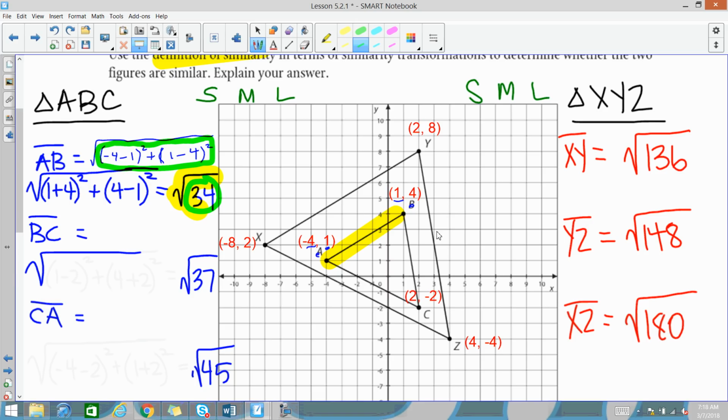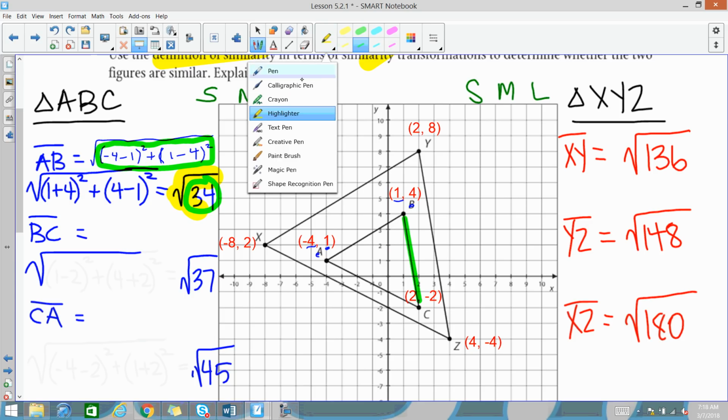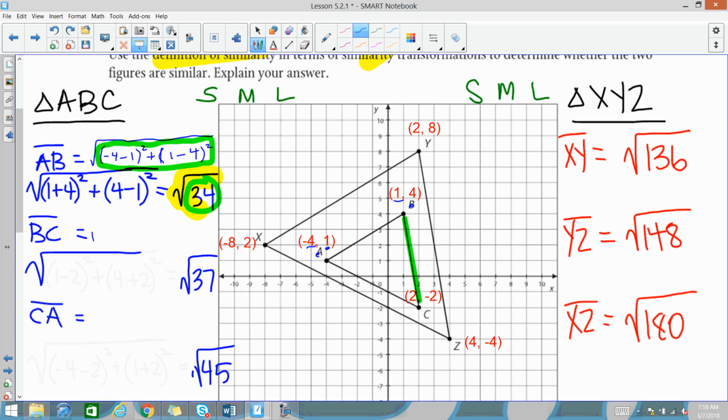So, let's do BC, and then I'm going to let you try to see if you can calculate the rest of these, all right? So BC is right here. Again, we're going to start with a big square root, and we're going to take our x's. So B has an x of 1, C has an x of 2. So we're going to go parentheses 1 minus 2 squared plus,